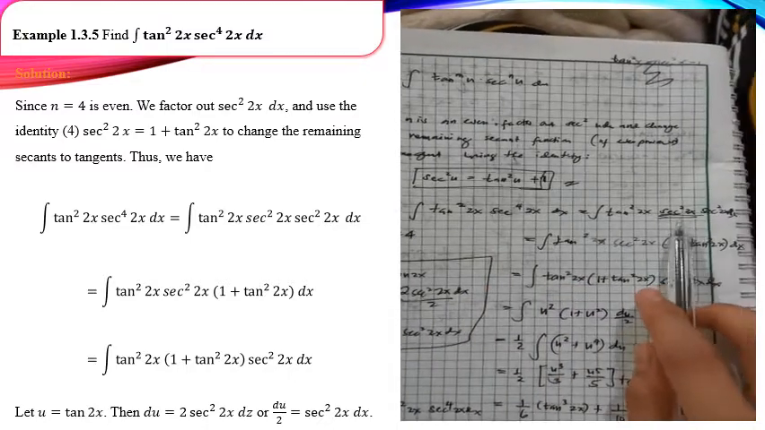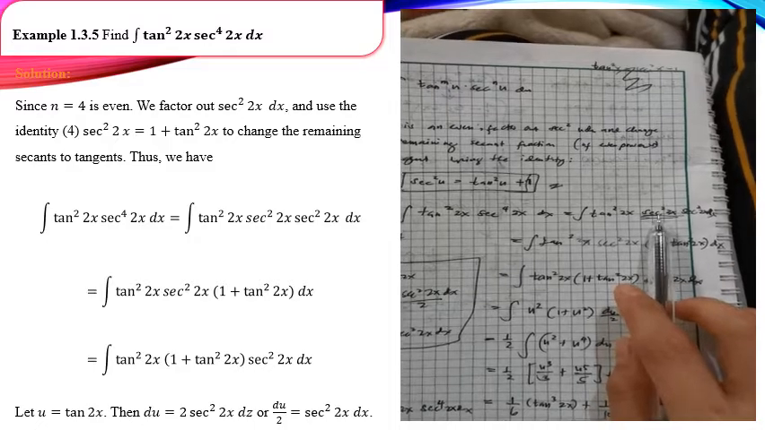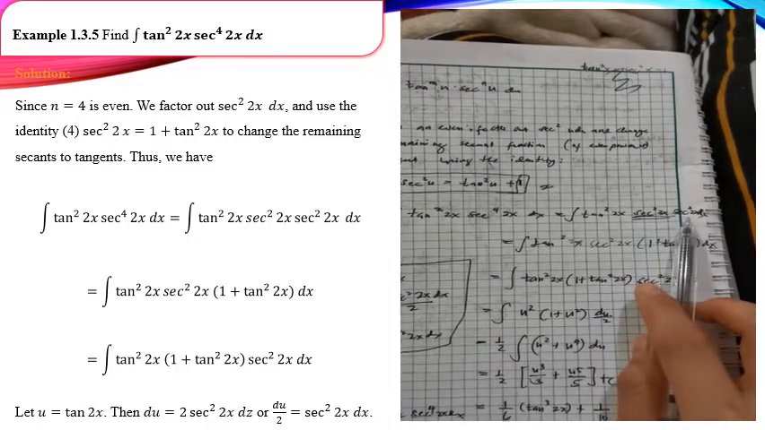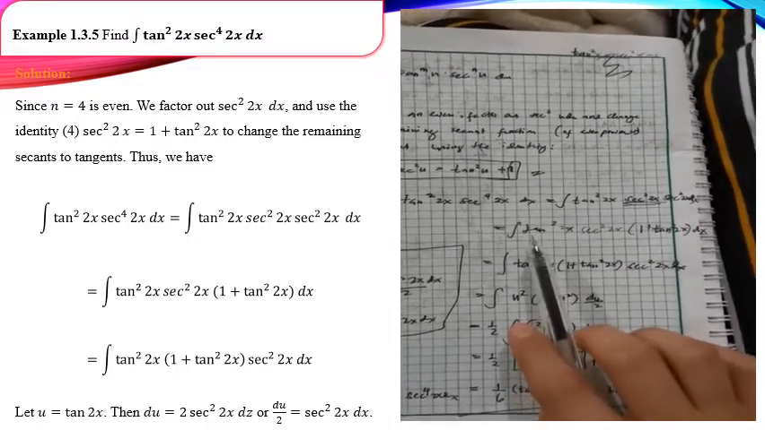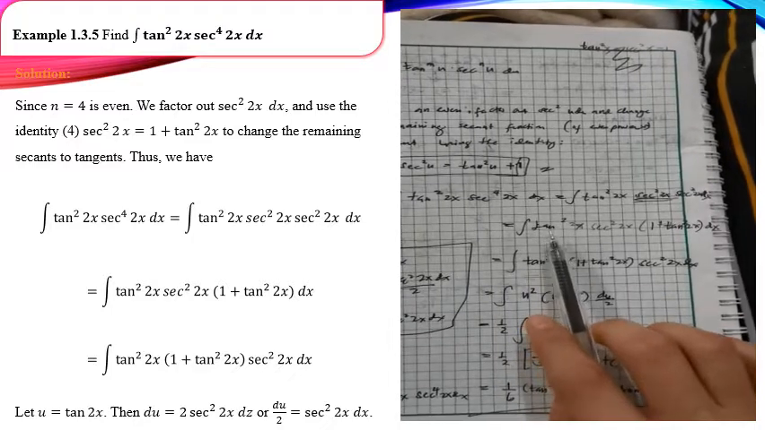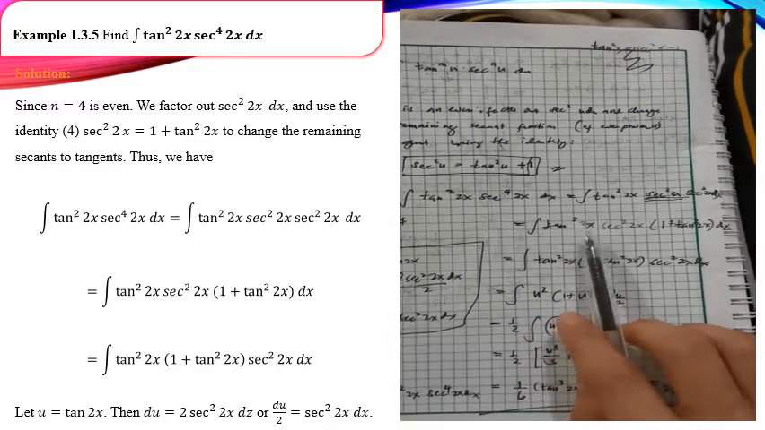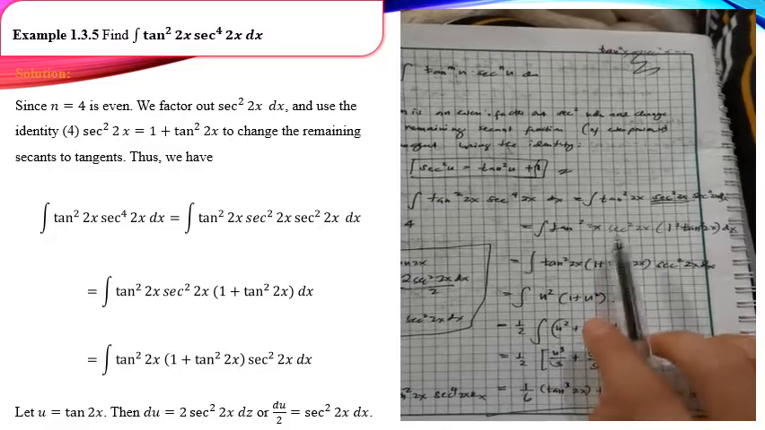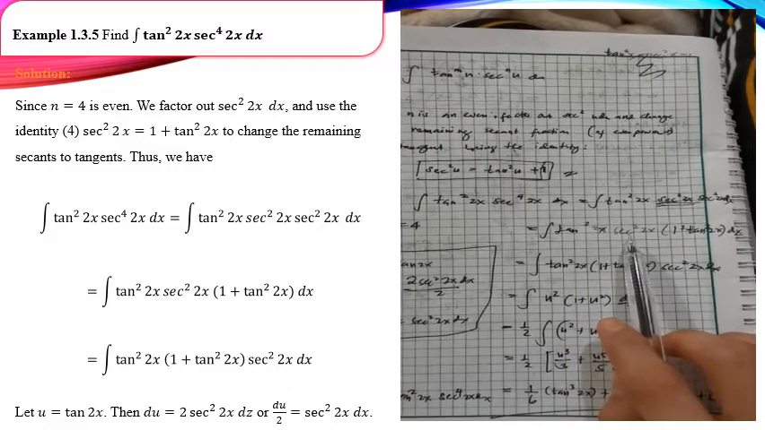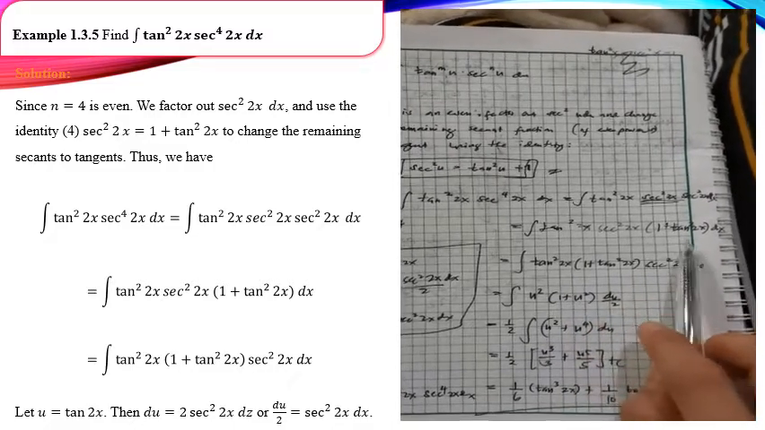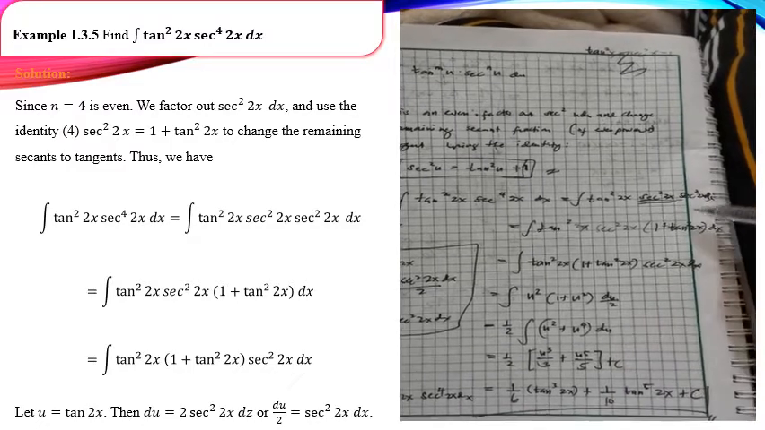So, ibig sabihin, this is the term na factor out natin, and this one is the remaining one. Okay. So, we have the integral of tangent 2x quantity squared times secant squared 2x times 1 plus tangent squared 2x. Kasi di ba ang sabi,